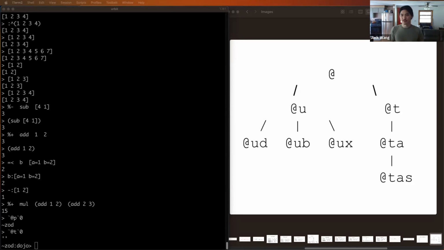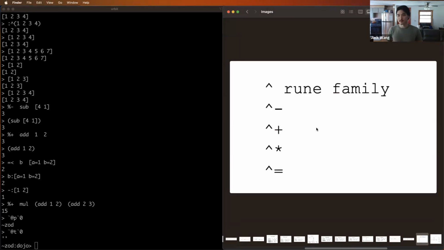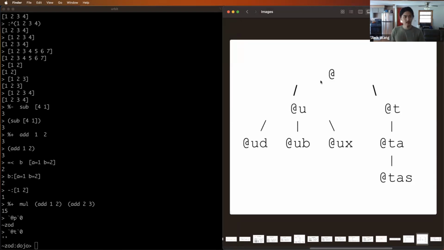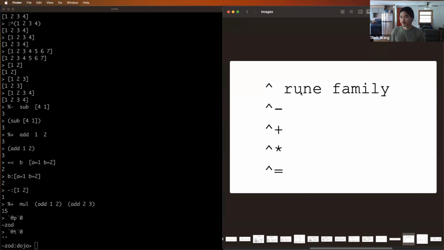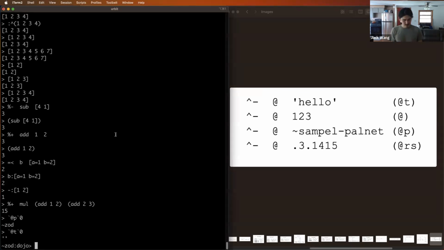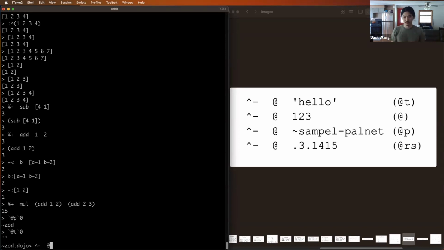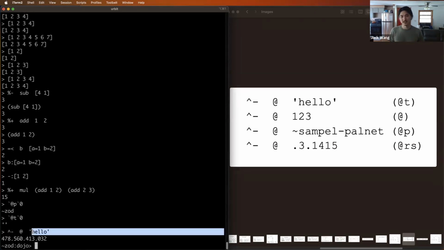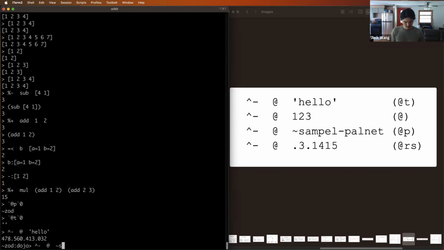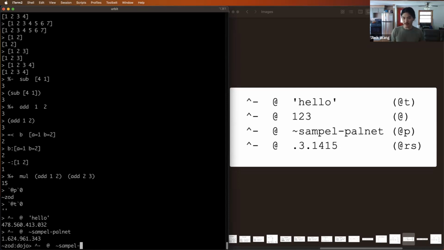Let's introduce a new family of runes for working with types, which is the ket family. All right, this is ket. The first rune that we're going to learn is called ket hep. So what ket hep does is it takes 2 children, and the first child is going to be some aura or some type, right? And the second child is going to be some Hoon code. And it basically says, cast that Hoon code to that type. So this says, take the text hello and interpret it as a pat, just an atom. And we can do sample helmet, and we can do the floating point,